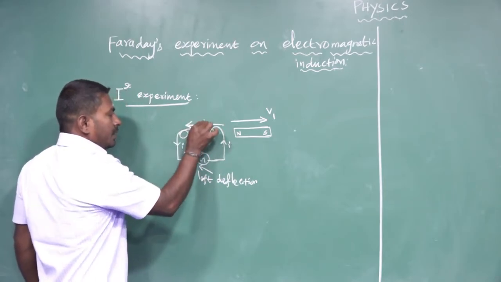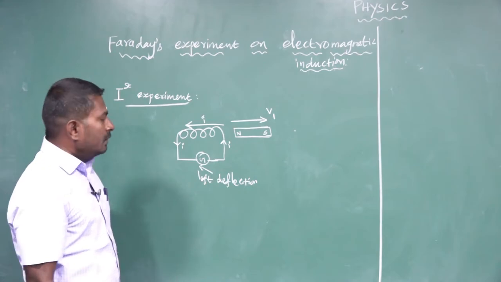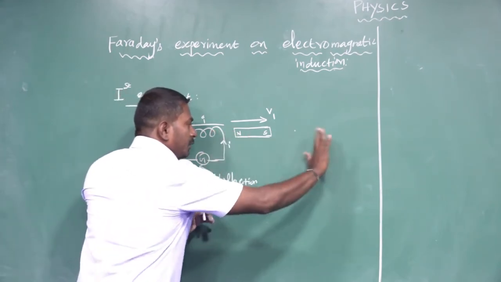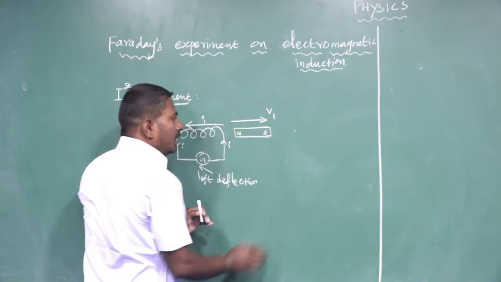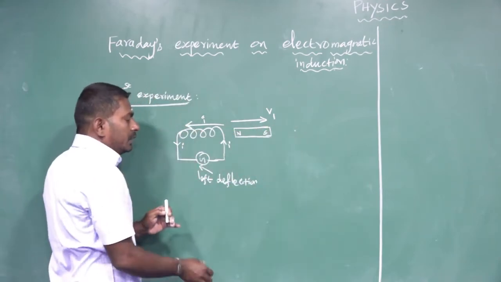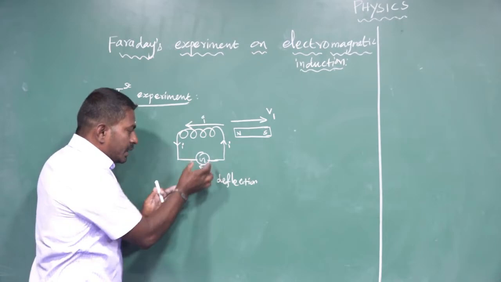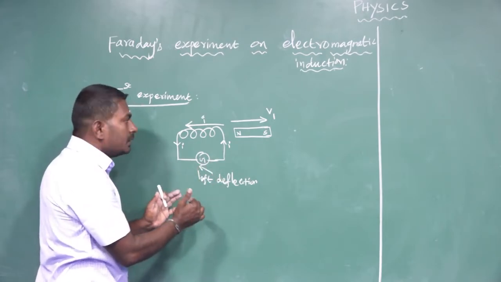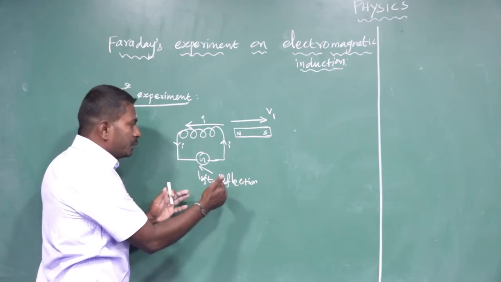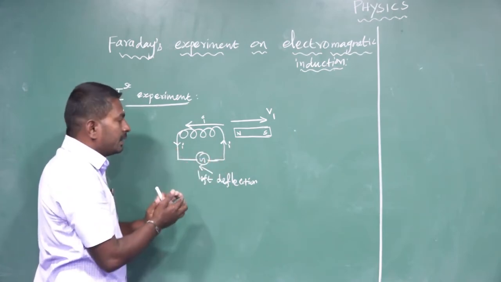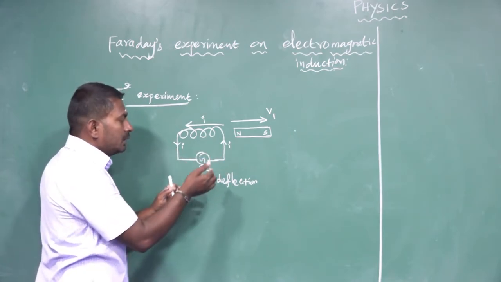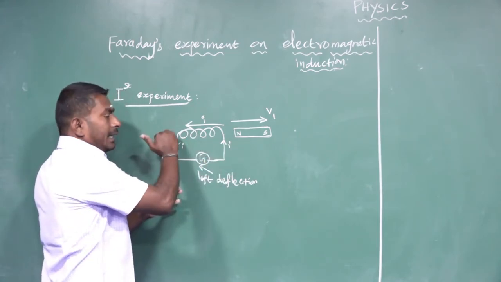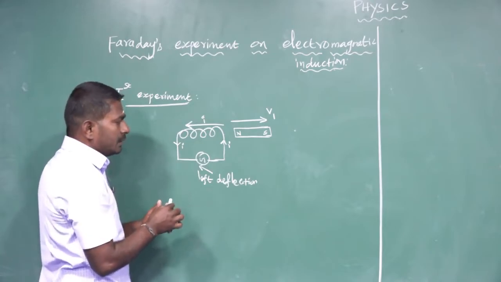Along this direction. So see, the north pole of the bar magnet is withdrawn from the coil, or away from the coil, with a velocity v1. Once again we noticed the galvanometer shows a momentary deflection towards the left direction. That is a left deflection, which means once again electric current is set up in the closed circuit. That electric current flows in the opposite direction to the previous case.